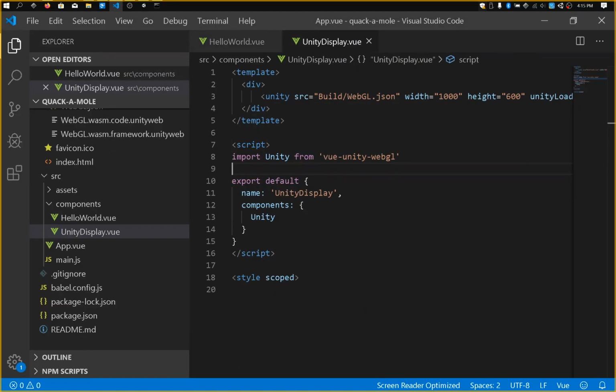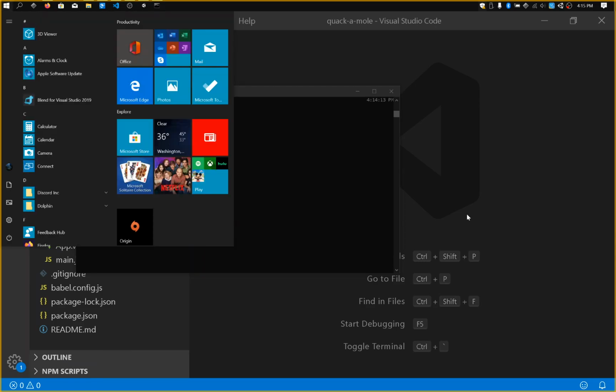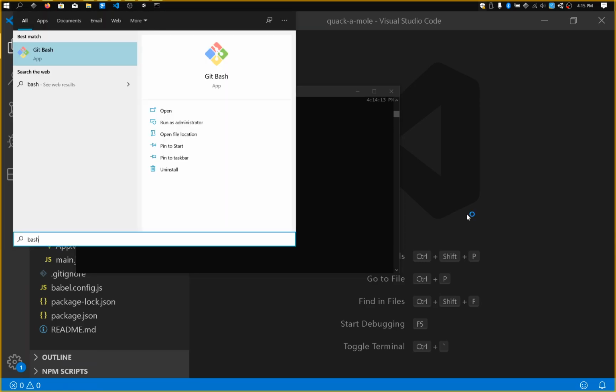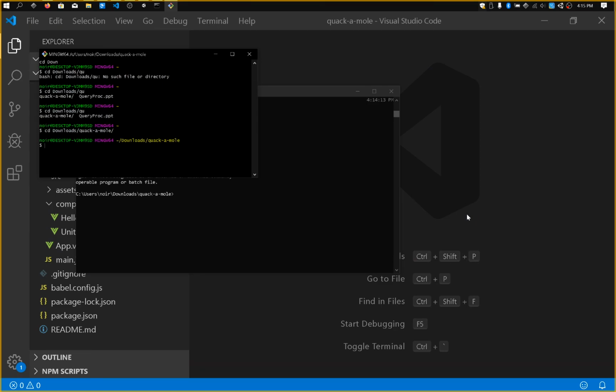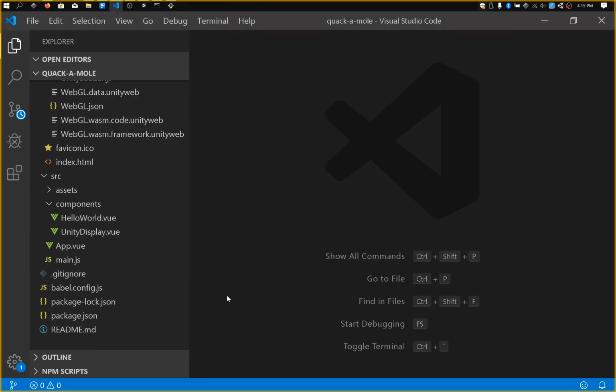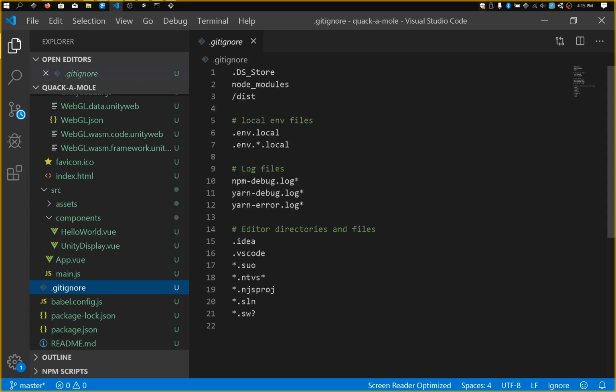Let's add a router. Usually at this point, I would do a git commit. I'm going to do that. The reason why I can do git add right away is because there's a git ignore, so it won't commit any of the